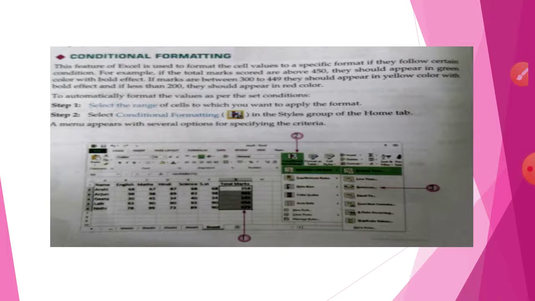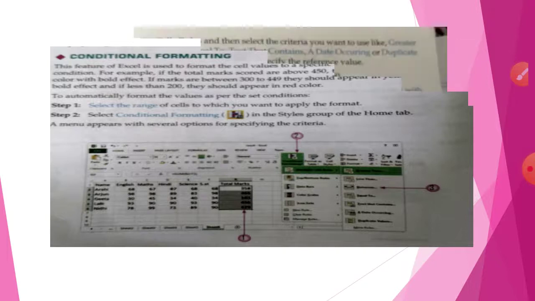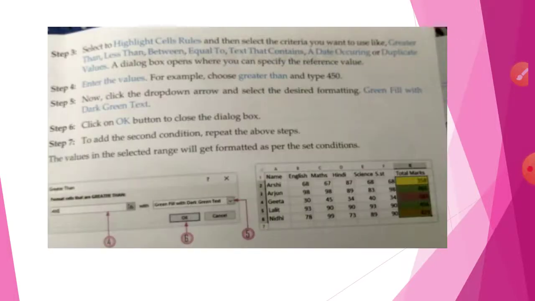So you have to note down the steps, step 1 up to step 6. And that also you have to shrink, meaning you have to take out only that much data which is important. There is no need to write down each and every point. Just like click on OK, click the drop-down arrow, enter the values, like this only. I hope you understood everything. If you still have any doubt, in our interactive session you can ask me questions, or personally also you can ask me any questions.